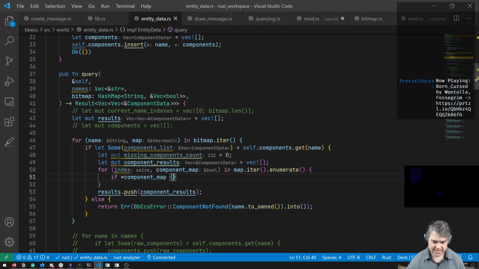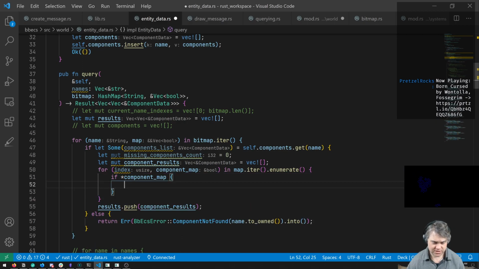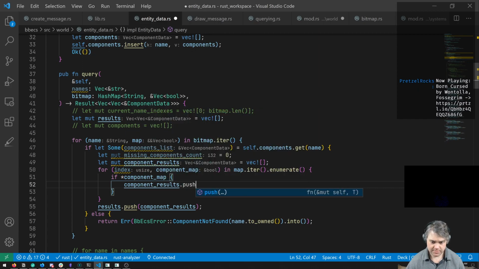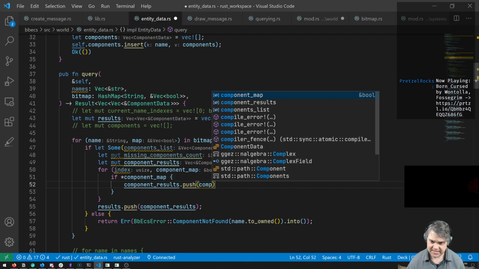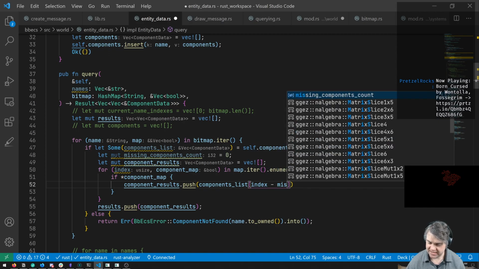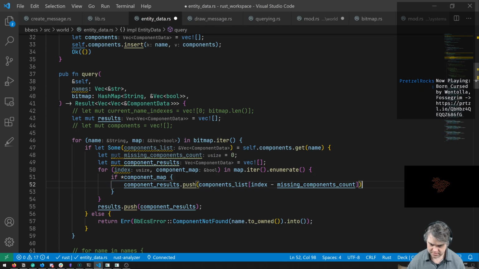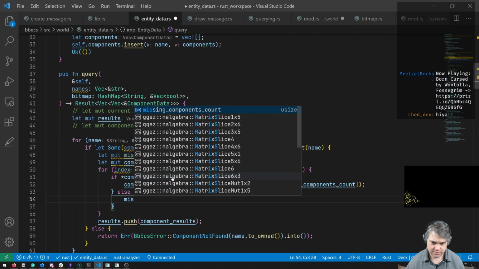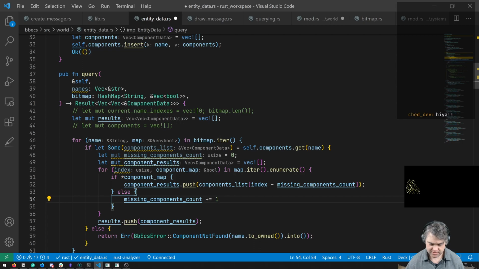Okay, so if this exists, then I want to component results dot push, and it's going to be the components list of index minus missing components count. So we push that into here. Now, if you're false, let's do missing components count plus equals 1.